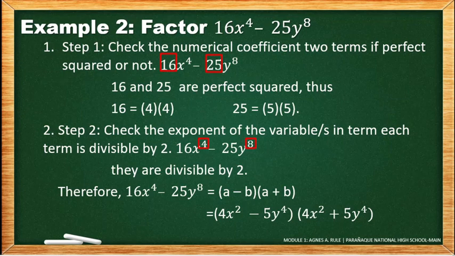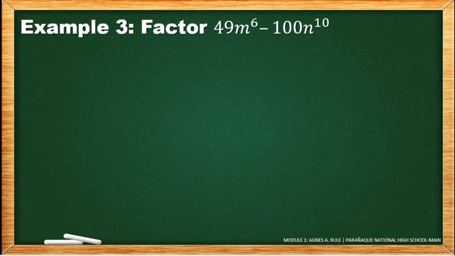Kumbaga, ang ginawa ko dito, what is square root of 16? 4. What is square root of x raised to 4? X squared. That's why meron tayong 4x squared. Kabila din, 4x squared. Then, square root of 25, 5. Square root of y raised to 8, y raised to 4. Check natin example number 3. This is the easiest way how to get a factor of a given polynomial. Siguro mas maganda kung mag-focus lang kayo dito. Tignan natin. Given natin, 49m raised